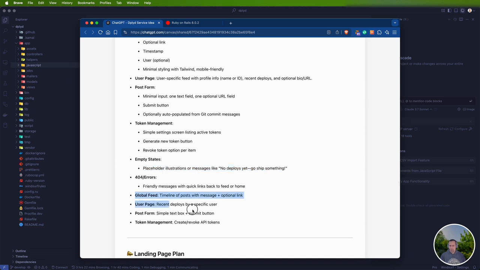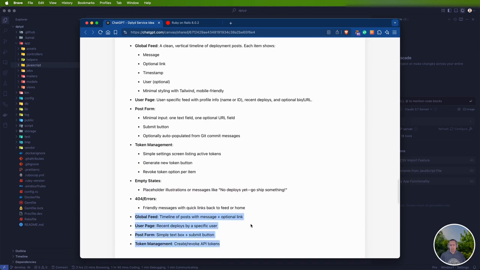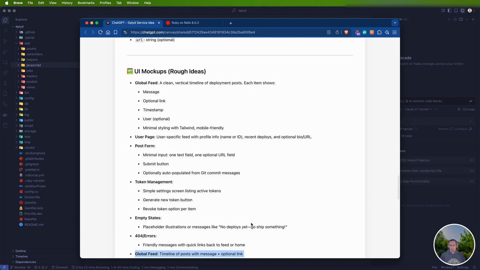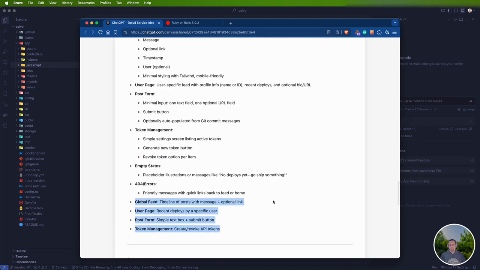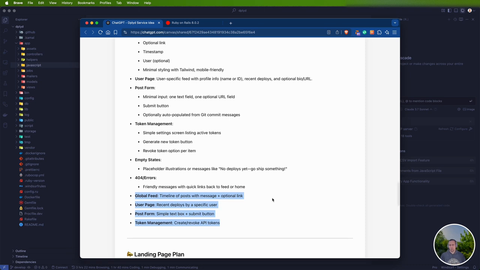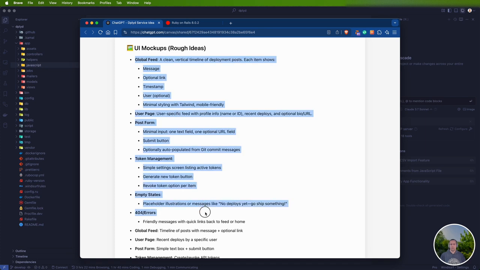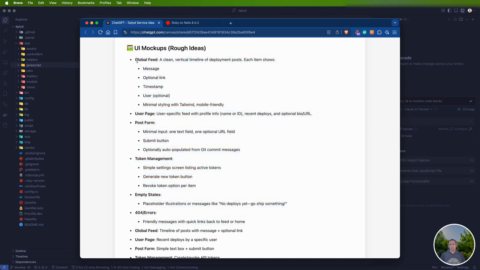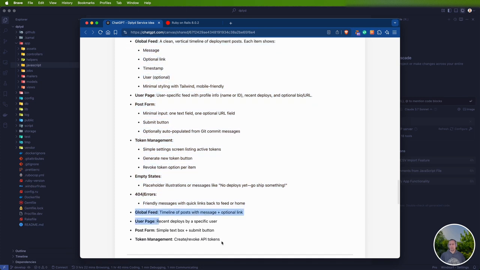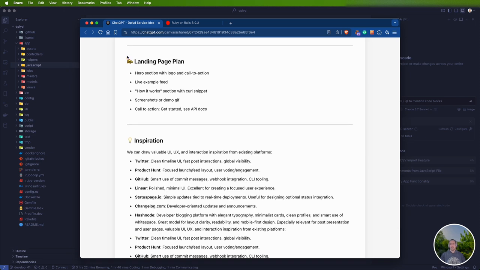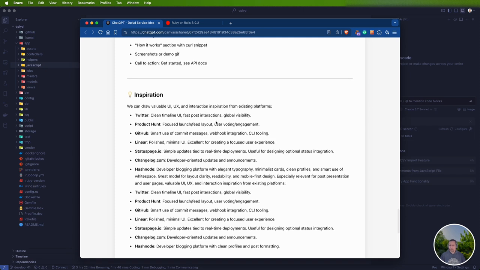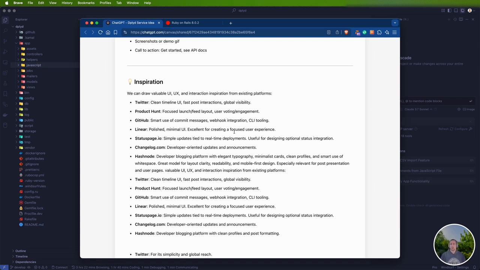The other one seems actually to be duplicates, because this is generated by ChatGPT. Sometimes the canvas actually does some duplications. Usually, in this case, it was because I said expand on or elaborate on the UI mockups section, and then it expands on it, but it forgets to actually remove these ones. And then landing page, I don't want to go into that one. It's just for having it. And then the inspiration, I named some inspirations like Product Hunt, Twitter,